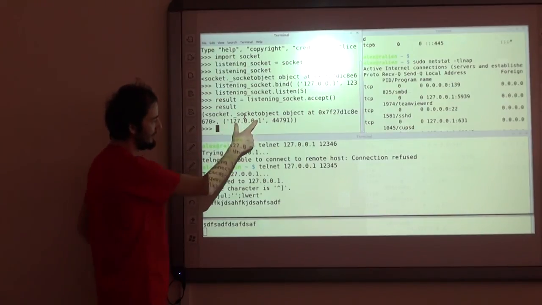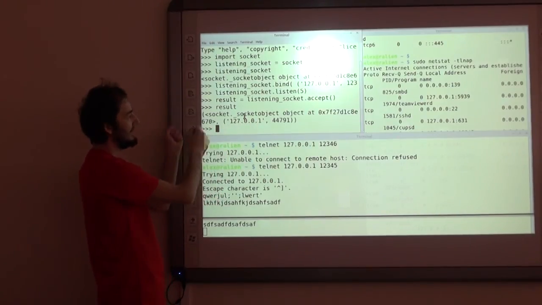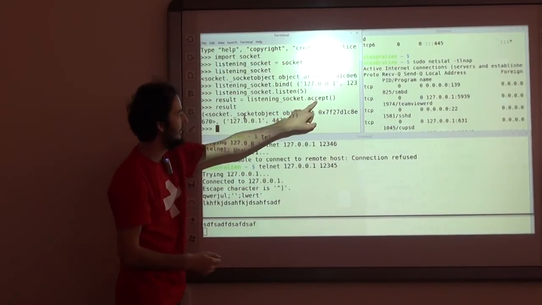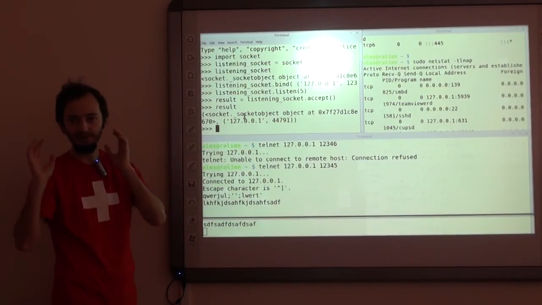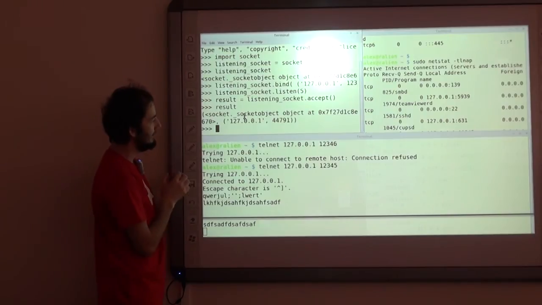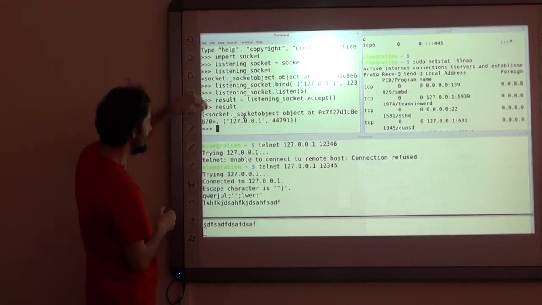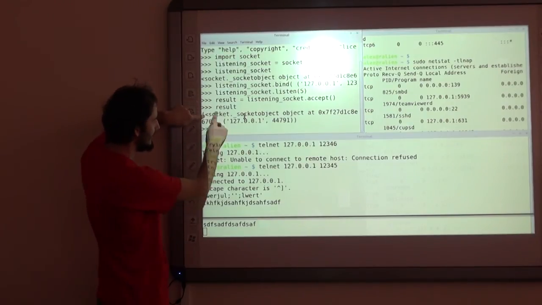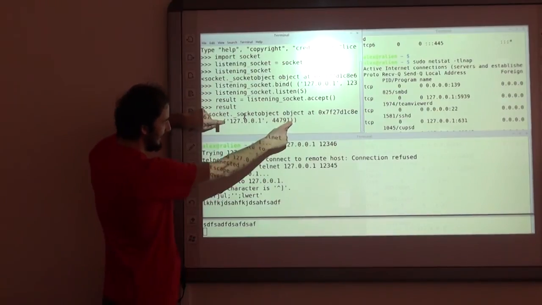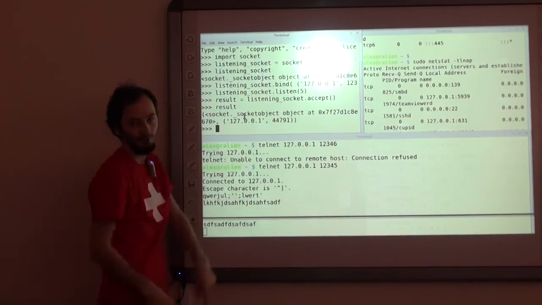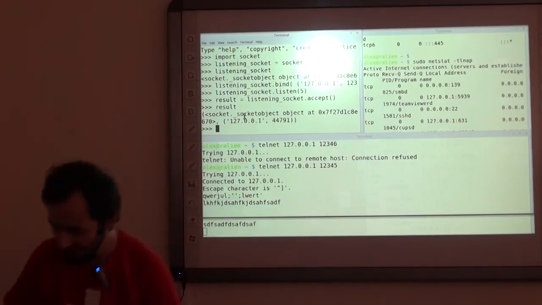And the result returned by the accept function is a Python tuple that contains some info. The first element in the tuple is the socket itself. The second one is the address of the client who has connected to me.